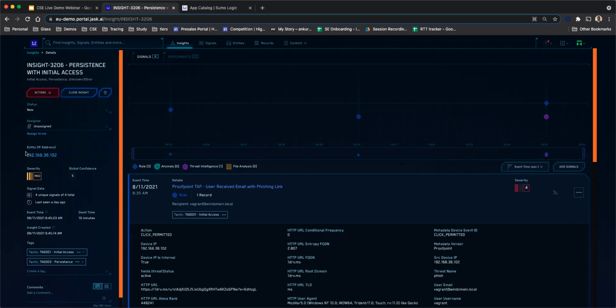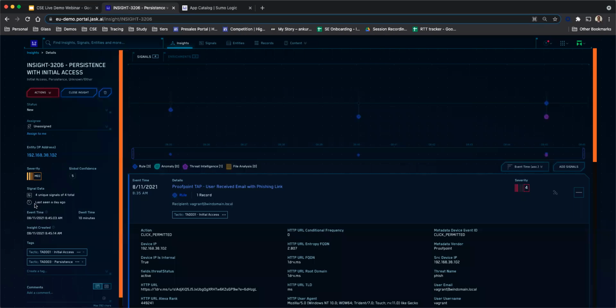And here you can see the various different entities which are being tracked, and the entity that is common across all of the signals is this particular IP address, 192.168.38.102. The entities are things like IP addresses, host names, MAC addresses, usernames, etc. So the system automatically tracks all of these entities and correlates them across the various different signals to give rise to the insights.